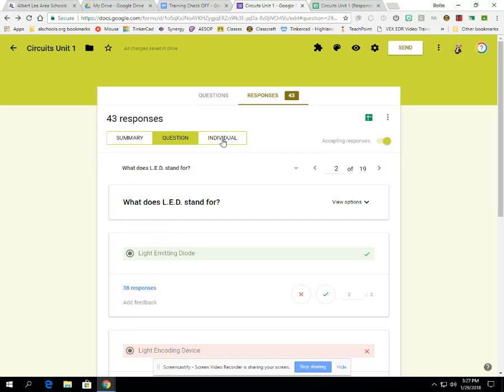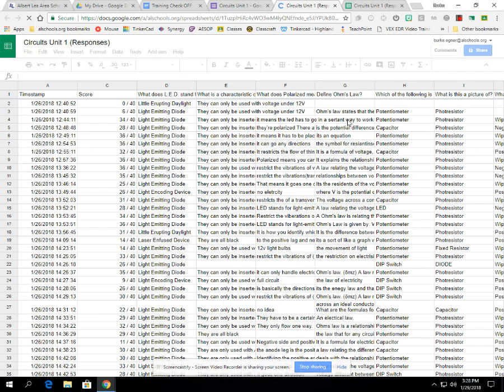When I'm looking at my responses, I can hide a column. This gets a little bit into our Sheets data, but if I right click on something, I can hide a column. With this particular data, if I was going to share this with somebody else, I've hidden my student names so that you can't see who it was that answered the question. And so this is a real quick tutorial covering